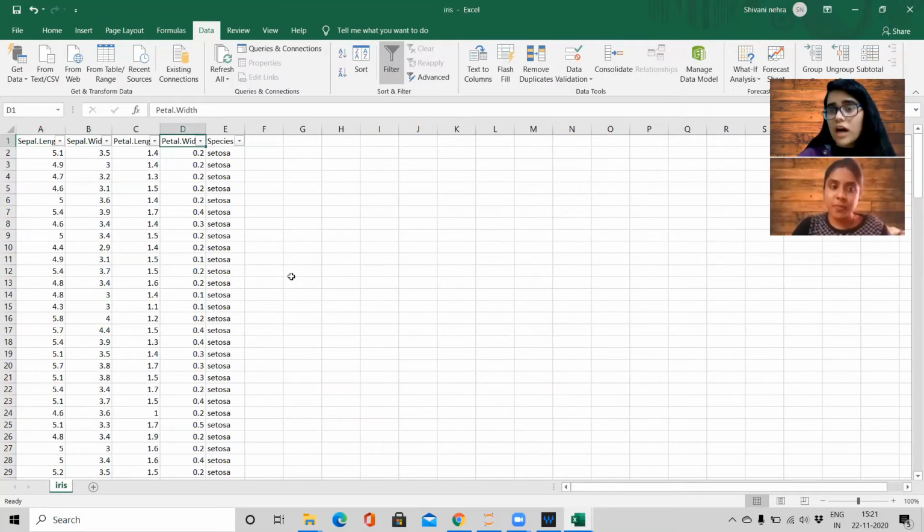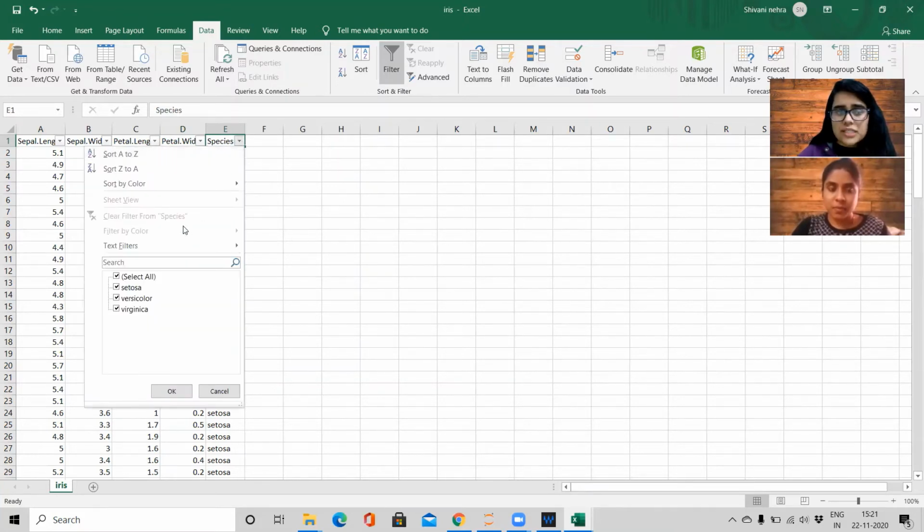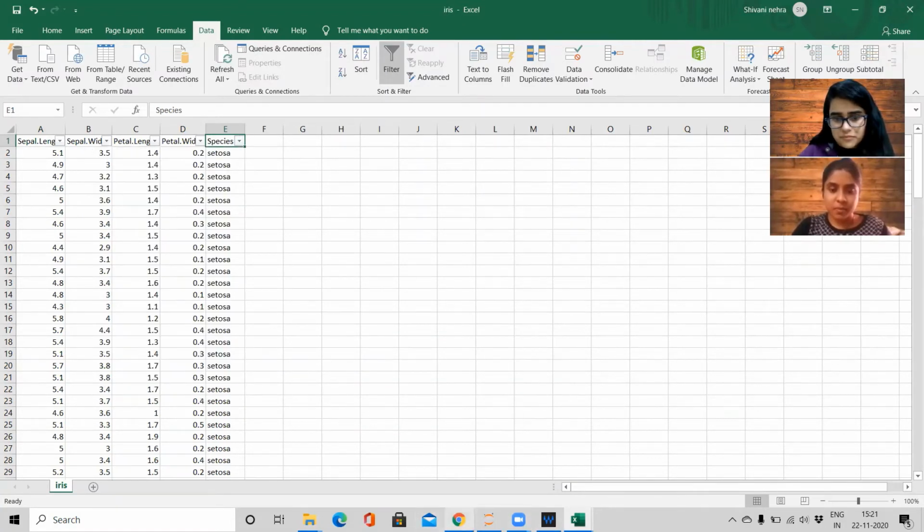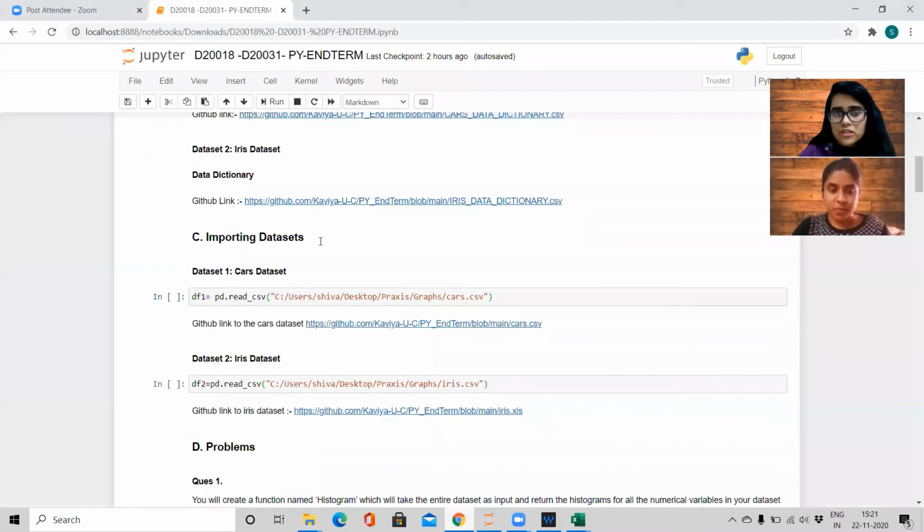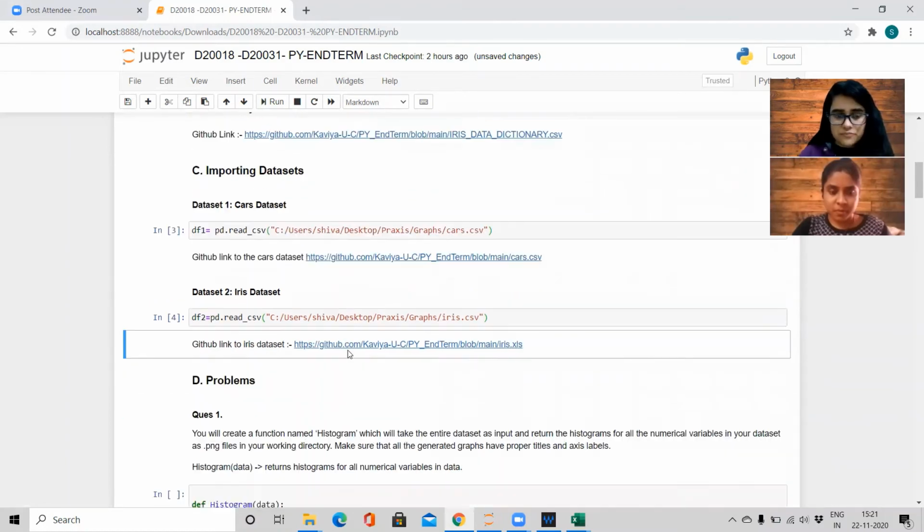All of these four are numerical fields, and the last field is the species of the iris flower, which are Setosa, Versicolor, or Virginica. So we have imported, and we are reading our datasets using the read CSV function.